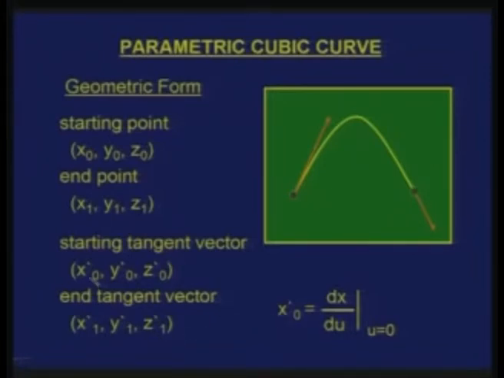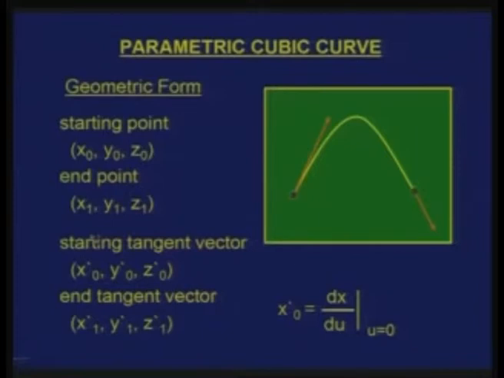If somebody has to evaluate x prime 0, it refers to dx by du at u equal to 0, which is shown here, and which refers to x prime 0. If I am able to give these 12 values,